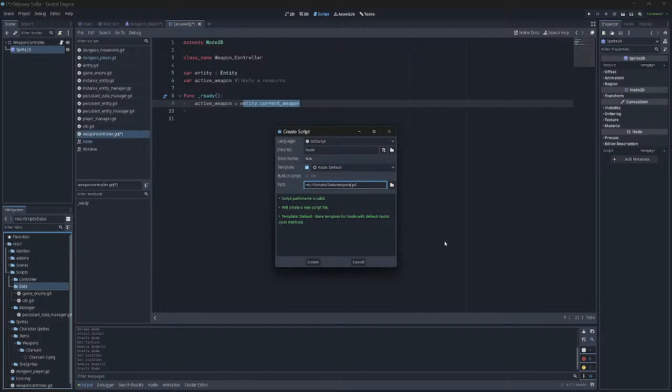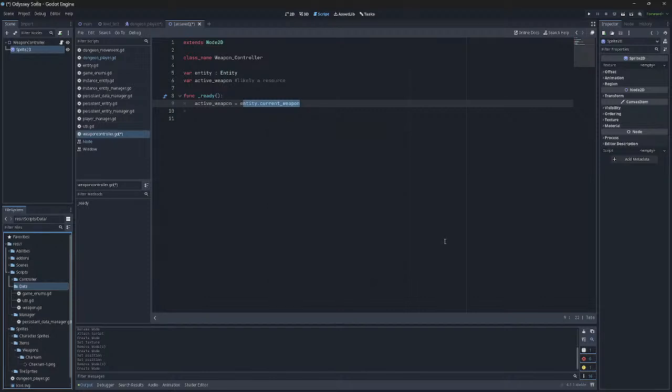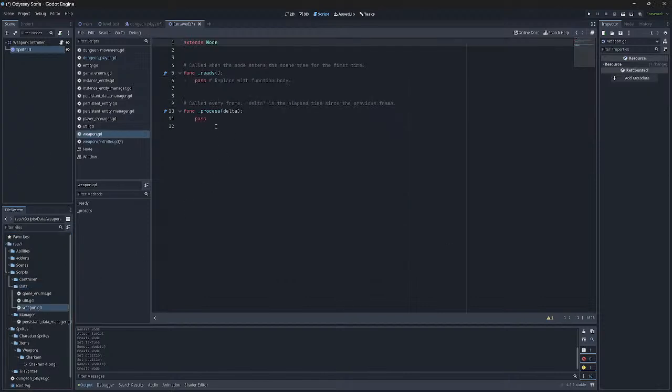Then it's going to extend node. Actually, no. When we instantiate it,